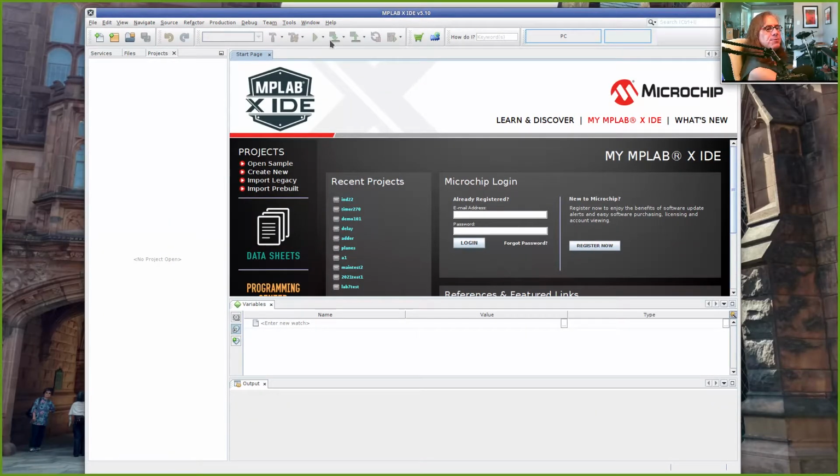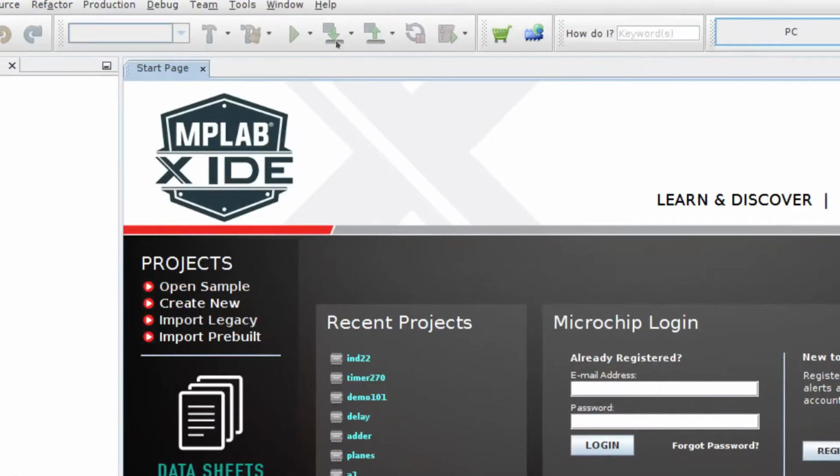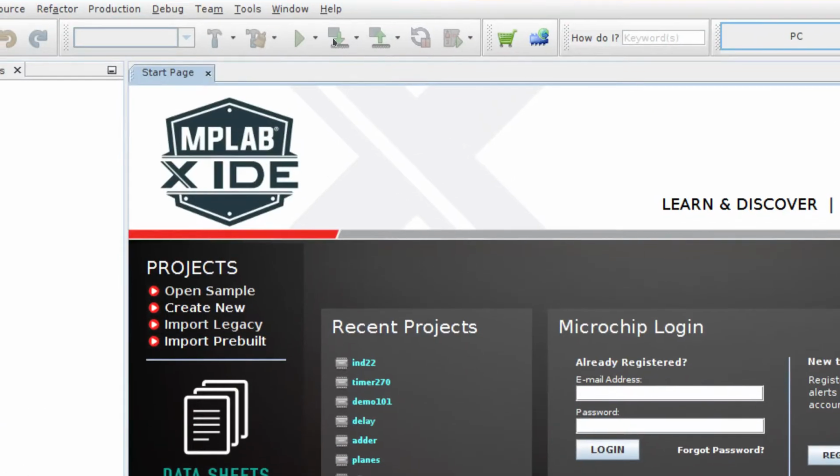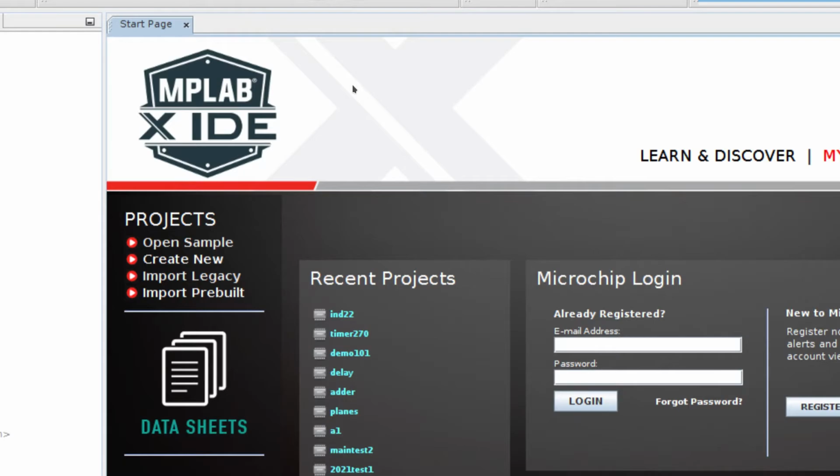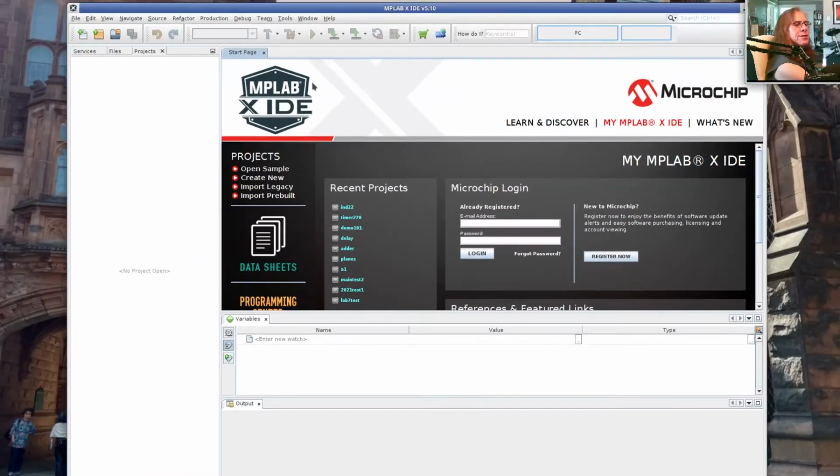So when you have a program in, there's this little symbol here with the little square with an arrow pointing down to it. If you click that, basically, instead of running it in a simulator, it'll download your code through a programmer into a physical chip. And when you set up the project, instead of saying you're going to use a simulator, you